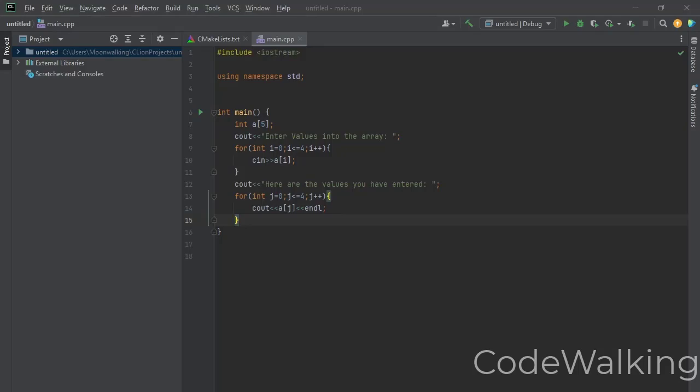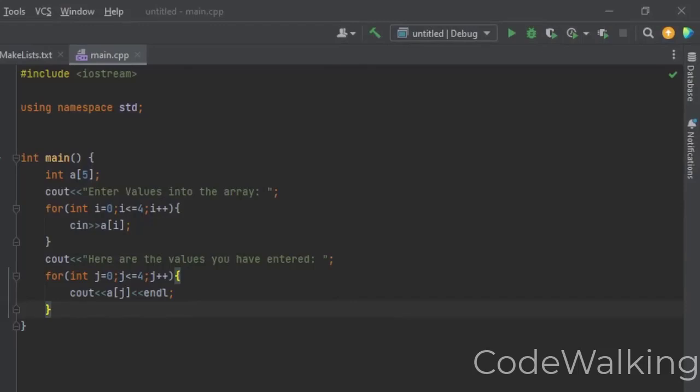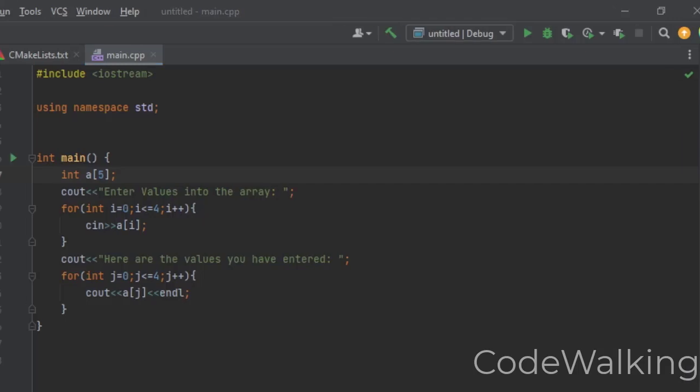To declare an array, you would have to do it like this. Integer, if you want to add integers to your array, you can do int, you can do character, you can do string, any type of array you want to make. It's as simple as making a simple variable. Then we have the name, the identifier, then we have the size of the array. This is how big the array is going to be. It will have five